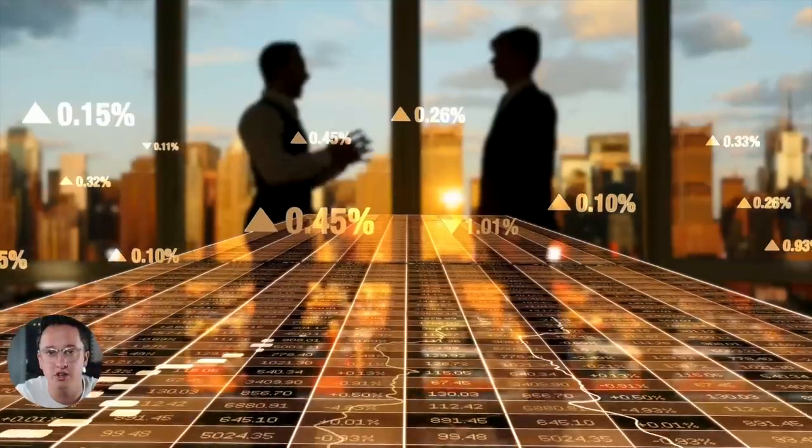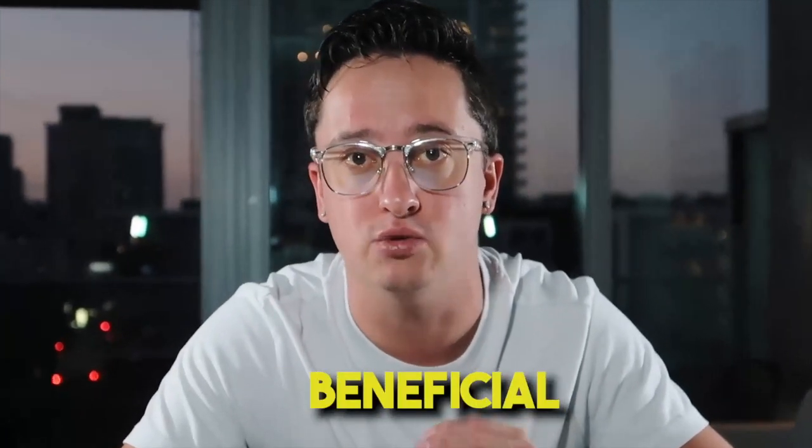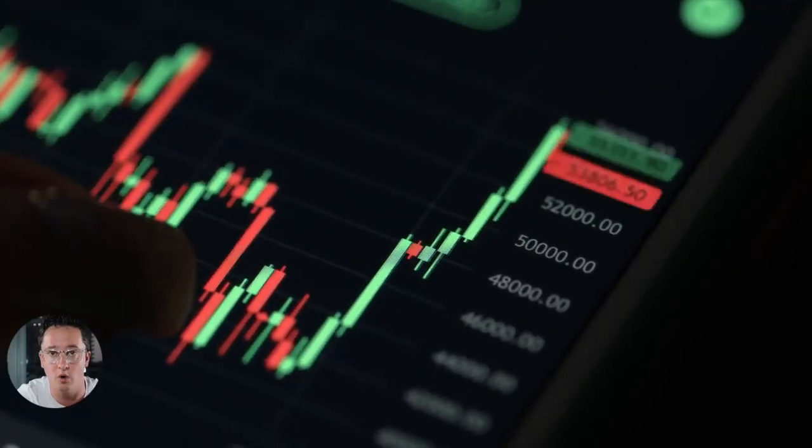Besides that, I want to show you guys the top hacks that I have been using for Nas100 and US30 when I trade them. These are going to be very beneficial to you guys, these hacks that I'm going to show you. And they are very simple. They're simple things that I'm checking while I'm actually trading them. But overall, it is going to help every single one of you out, what I'm going to share with you